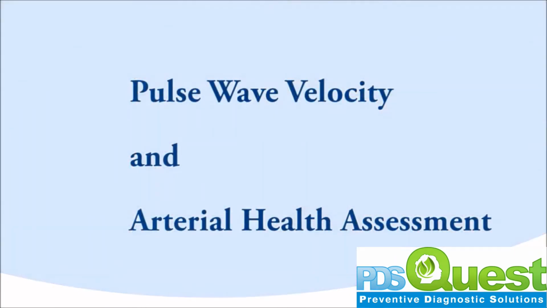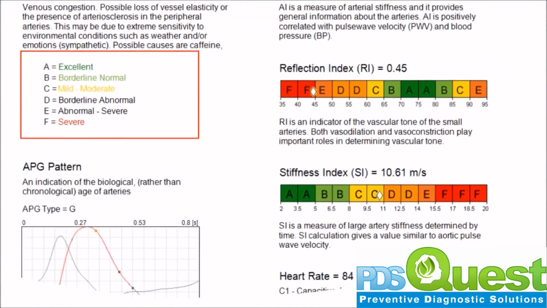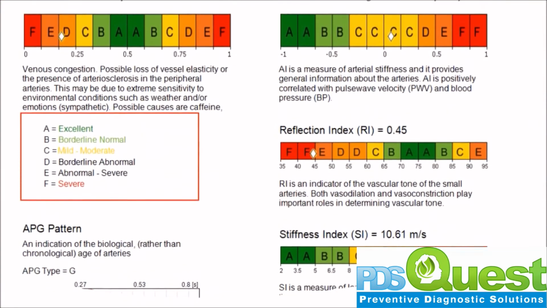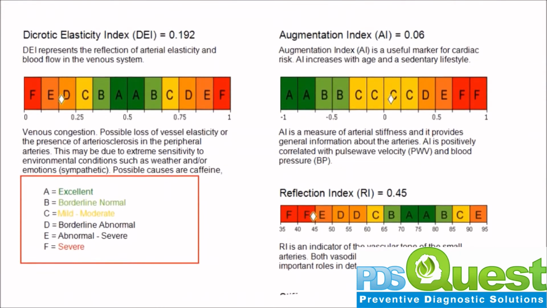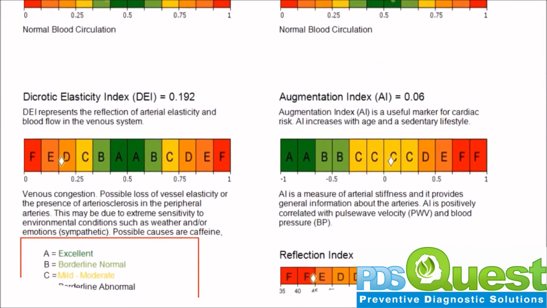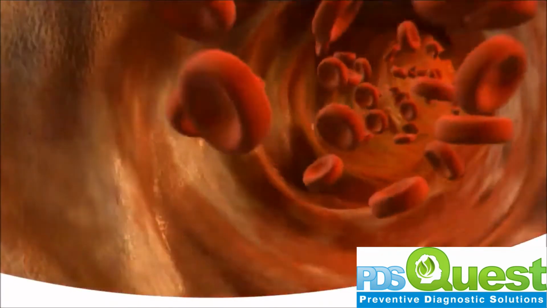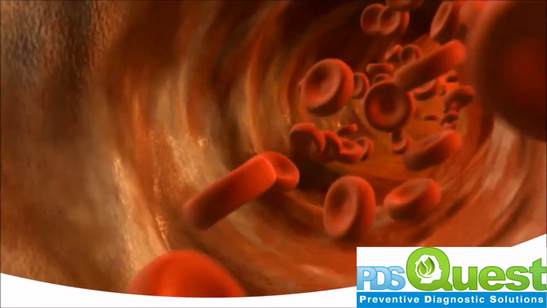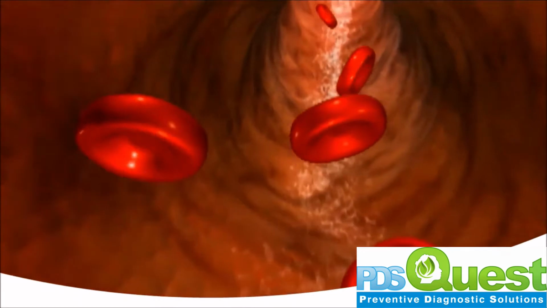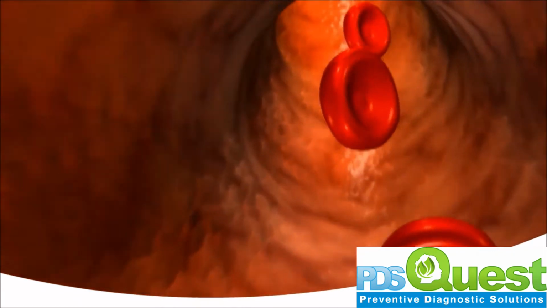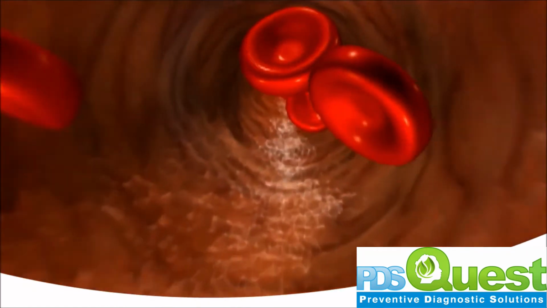Pulse wave velocity assesses stiffness index, reflex index, and augmentation index. In addition, pulse wave velocity assesses the reflection of arterial elasticity and blood flow in the venous system, the contractility, tension and stiffness in the small arteries, and provides an indicator for left ventricle ejection power and elasticity of large